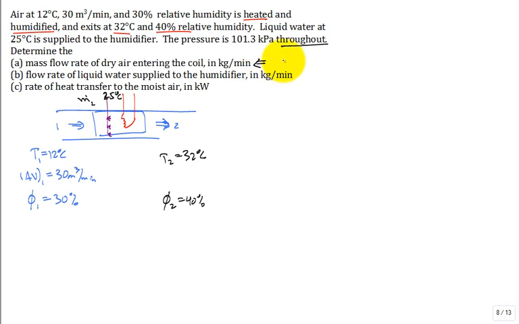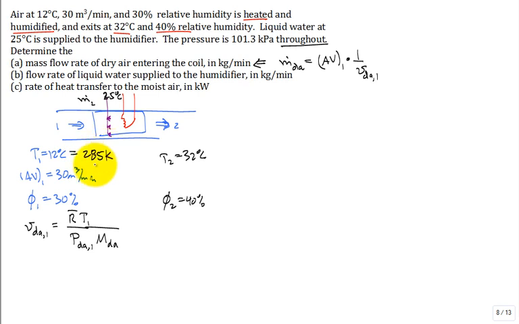Well, if I'm asked to calculate the mass flow rate of dry air, would it not be the volumetric flow rate at 1 times the mass density, or 1 over the specific volume of dry air at 1? Is that good? Okay. So how do I calculate, let's say, the specific volume of dry air at 1? Is it R bar T divided by the pressure of the dry air at 1, the temperature at 1? If I use this equation, I need that in... Yeah, you need the molar mass of the dry air. Thank you very much. The absolute temperature, 273, add 12,